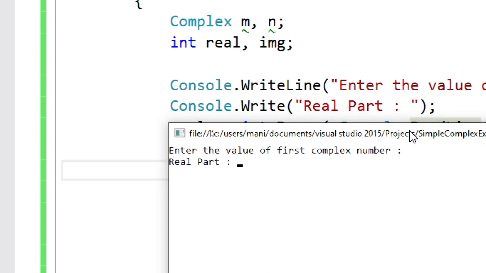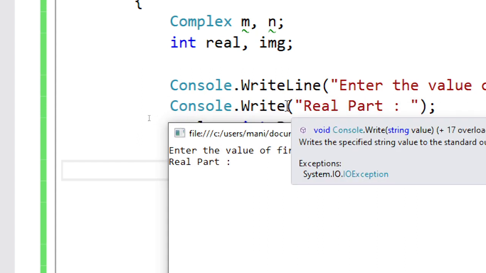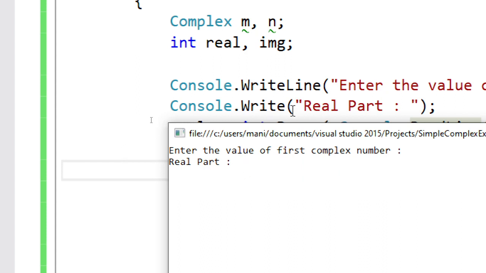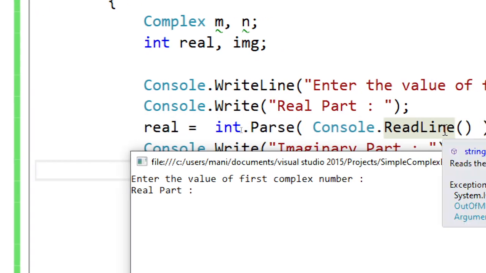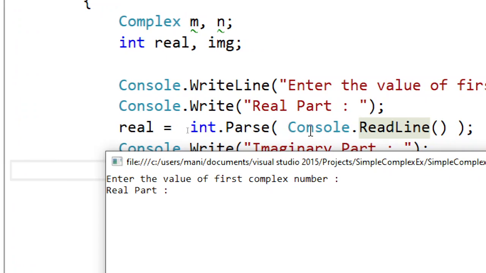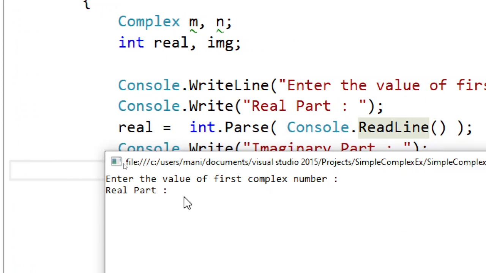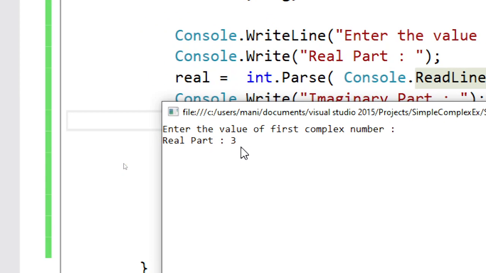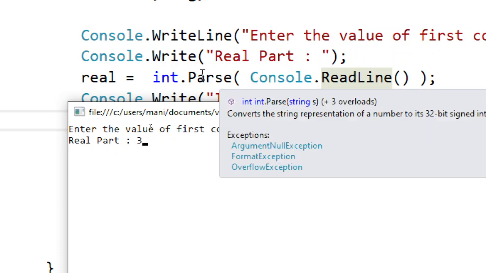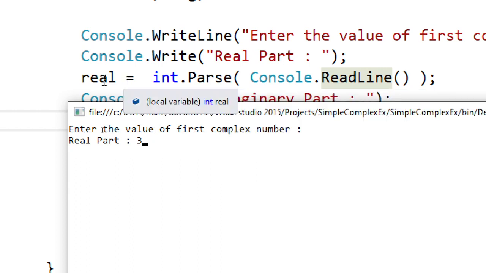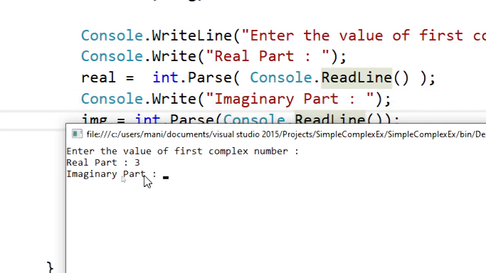In the next line, what you have is the real part. But I wrote Write. Because I wrote Write, it's going to stop. If I say WriteLine, it will go to the next line and you will see the blinking cursor down here. Now whatever value I am going to type here, it will be read by this. So it is now this ReadLine, it is waiting for my answer. Suppose I write 3 here, I have not pressed enter, so this 3 is in string format. It will be converted into integer and it will be stored in the real. So that is done. This 3 is stored in this real part over here,